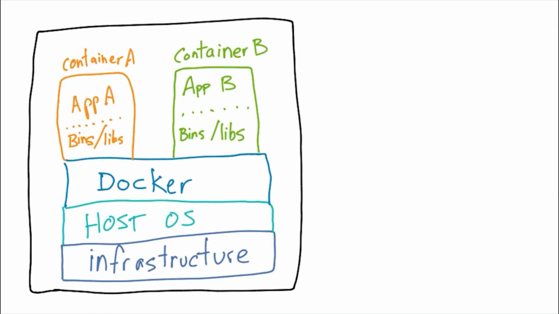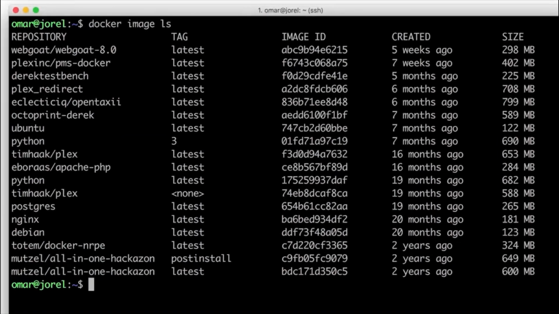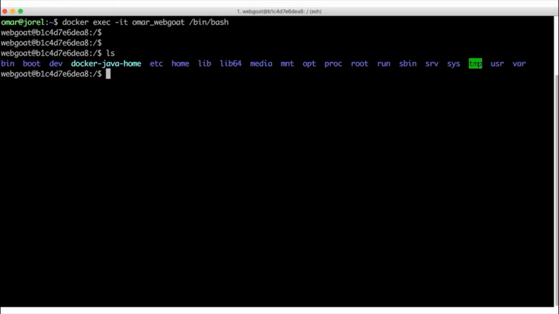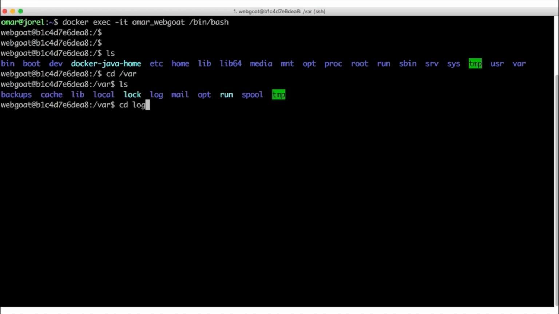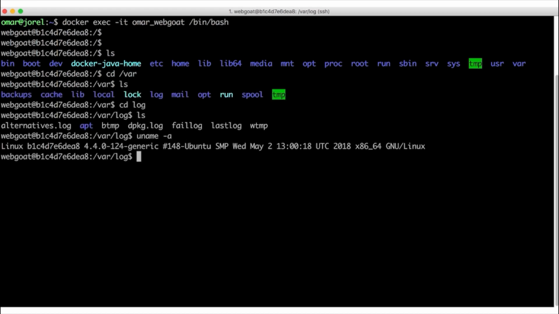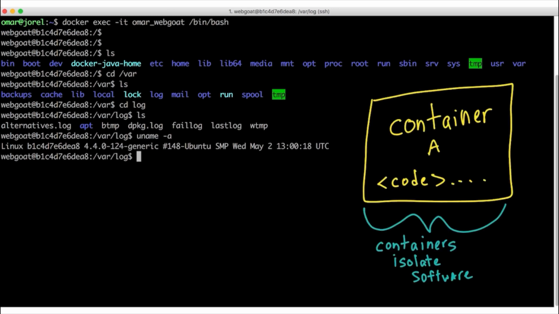I have been mentioning the word container many times here, but you may ask, what is a container, right? A container is an image or a lightweight standalone executable package of a piece of software that includes everything that you need to run within that quote unquote container. It has its own code, runtime, system tools, system libraries, and its own settings. Containers isolate software from its surroundings, and it helps reduce conflicts between the different development teams running different software on the same infrastructures.